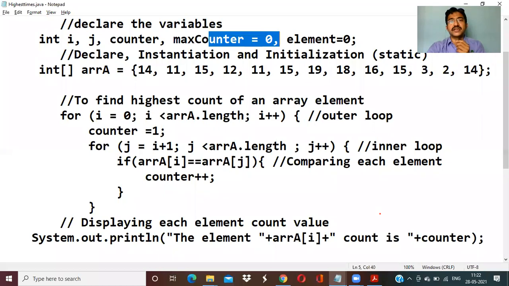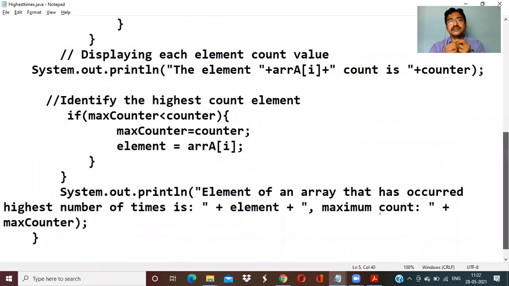Now we have to decide, for each iteration, which one is the highest count element. How many iterations have we done? Only one iteration, i equal to 0, till now, right? Max counter is initially 0. What is the counter value? How many times has the 14 element repeated? 2. So is 0 less than 2?